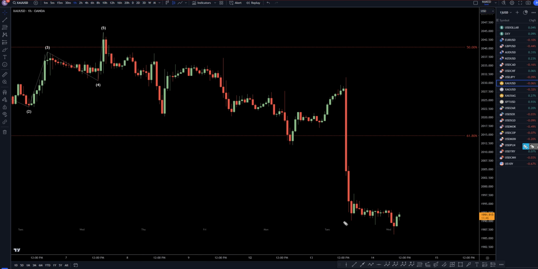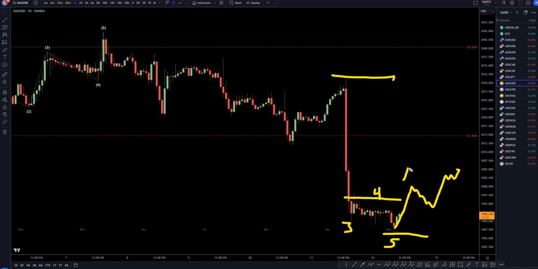1 hour time frame, like I said, it definitely has that 3, 4, 5 shape that you see pretty much at the end of every trend, which is why I think there is a pretty good chance that it is going to go up and break structure. And once it does break structure, I would put my Fibonacci retracement from here to here, and I would be observing it, and I would be waiting for 3 waves up. I'd be waiting for an A, a B, and a C. I'd be waiting for a Fibonacci bounce, a nice impulsive engulfing move to the downside, a break of structure. If I see all that, then I would definitely go short again for the continuation of the downtrend.